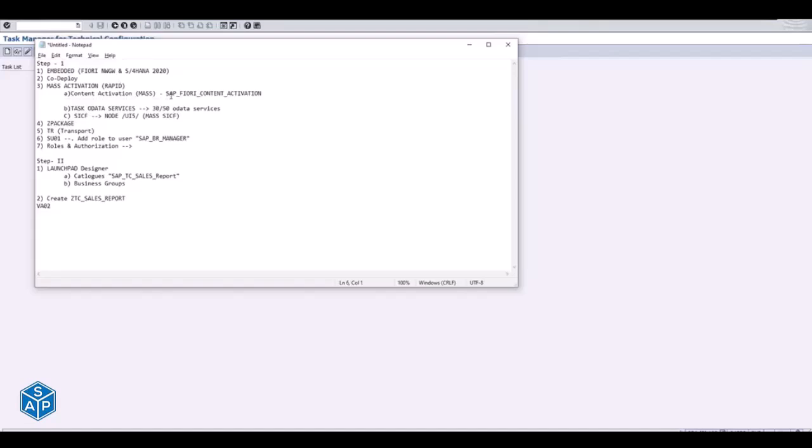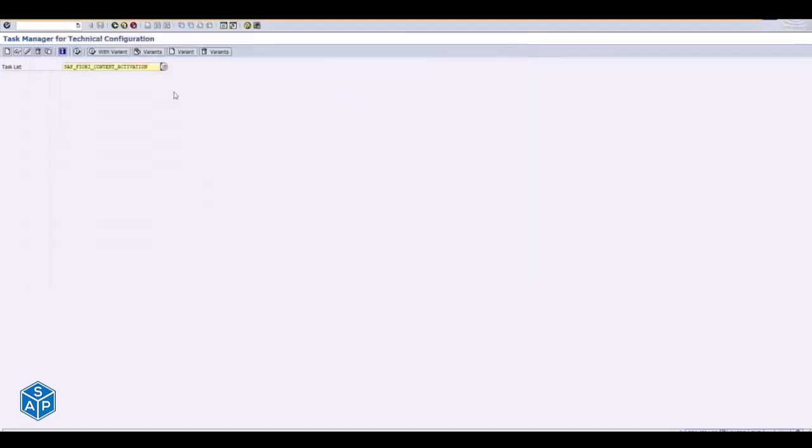Yeah, you see, I'm going first with SAP Fiori content activation. When I go with SAP Fiori content activation and click on execute,